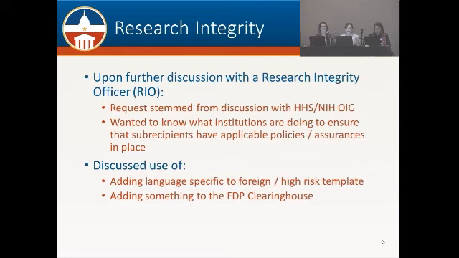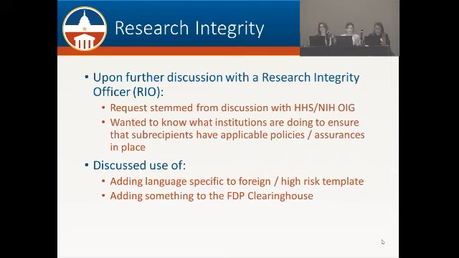And during that discussion, the OIG wanted to know what institutions were doing to ensure subrecipients have applicable policies or assurances in place. And so I think there was a lot of, okay, well, let's take a look at this and see what our institutions are doing. How are we reflecting this in our templates, etc.